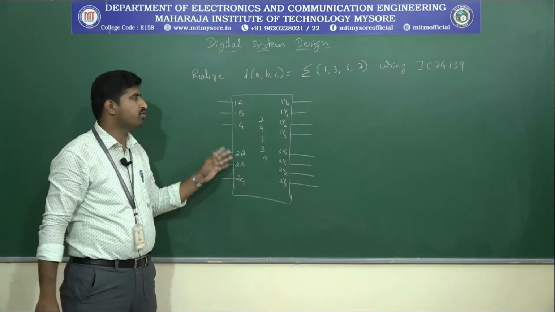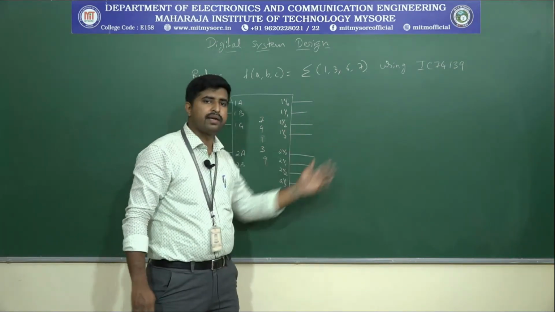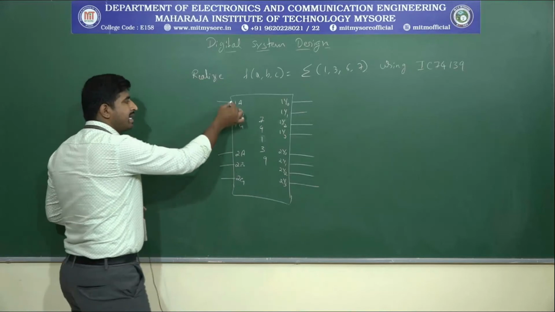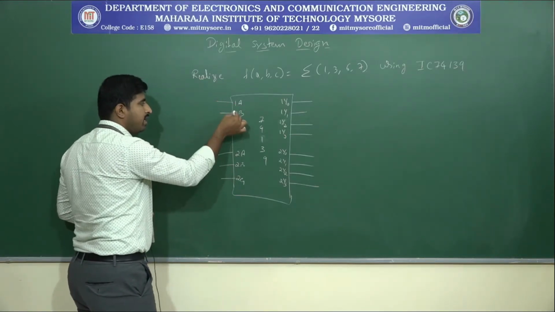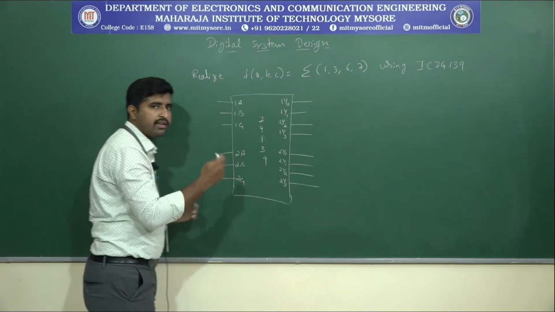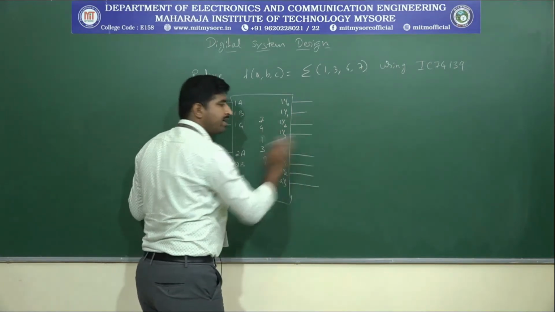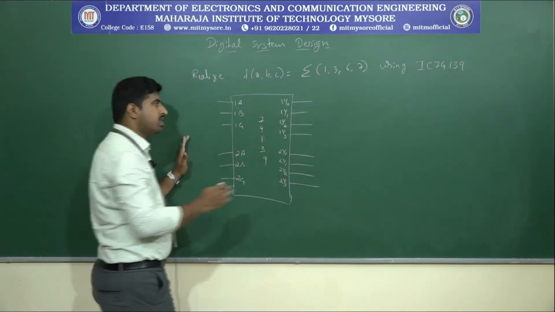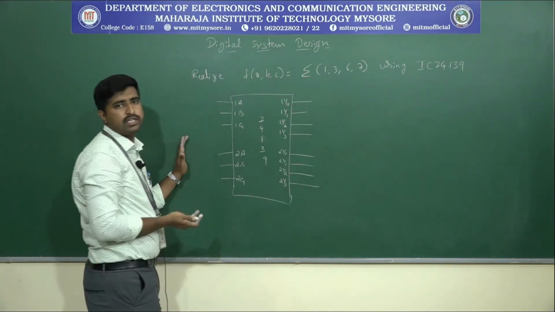Okay, so these were the 2:4 decoders, the 74139 we have. As per the last implementation, by connecting, 1A and 1B will be shorted together. Similarly, 1B and 2B are shorted together, and 1G and 2G are shorted together with the NOT gate. We can implement a 3:8 decoder, right? So that means here we can implement a 3 variable function.